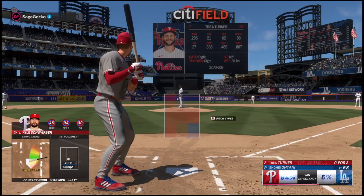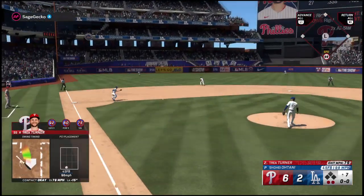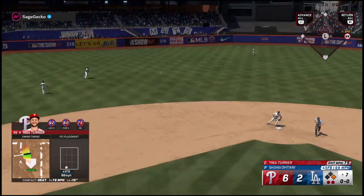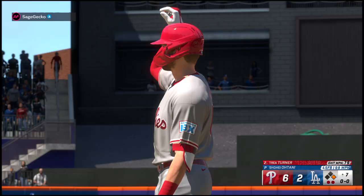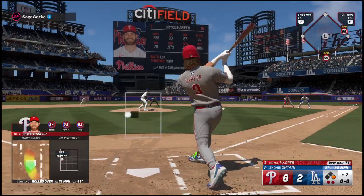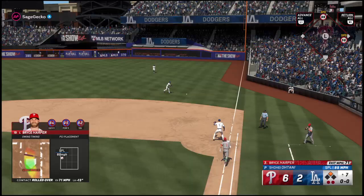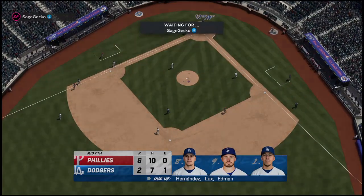So 2 down. Trey Turner with a chance now. Out to short. Into the outfield. Base hit. So he gets on base and keeps it going. Didn't take long to get a result for that at bat. Just one of those seeing eye base hits through the infield. He just kind of rolled over on it a little bit, but sometimes those can find a hole and get you a knock. Lux throws the first in time. And that is the